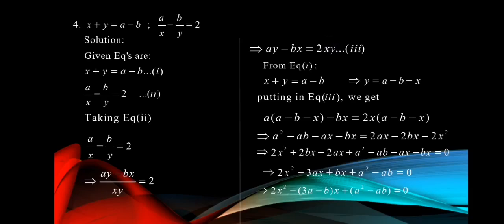Now that particular equation which we just obtained is definitely a quadratic equation. We will have to solve this equation by using the quadratic formula. So start with the comparison. We just get A is equal to 2, B is equal to minus into minus (3a minus b), and C is equal to a square minus ab. Here, since the terms within the equation are in the form of small a, b, c, we have used the capital A, B, C in the standard form of the quadratic equation.